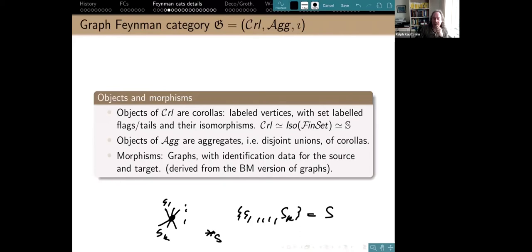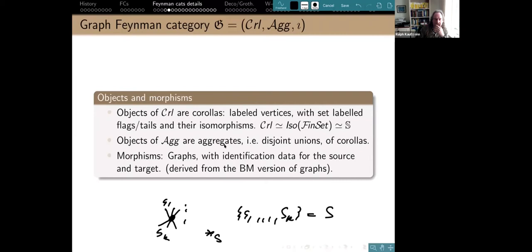And so if you look at these things, they're valid graphs, they have isomorphisms, but it turns out if I just think about the set labels here, for this purpose, it's just exactly, again, my S, which was just defined in the previous slide, which is the free symmetric monoidal category on the trivial category. Then the objects of AG, so that's the second part. These are the vertices. I explained them. So the objects here are the disjoint unions of these.